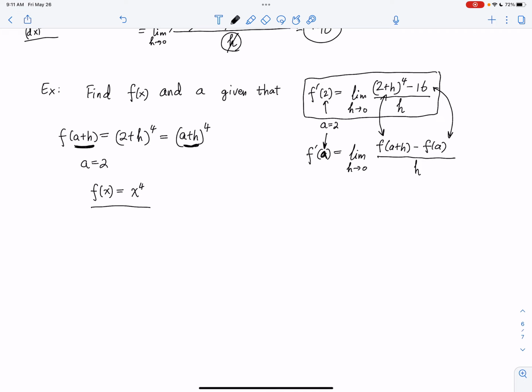And if f x equals x to the 4th, now this 16 right here should be equal to f a, right? And a equals 2, so that should be f2. And f2 is, we raise 2 to a power of 4. So 2 to the 4 is 16. So everything works out. All right? So the original function is f x equals x to the 4. And we try to evaluate this derivative at a being 2. Okay? And you will get